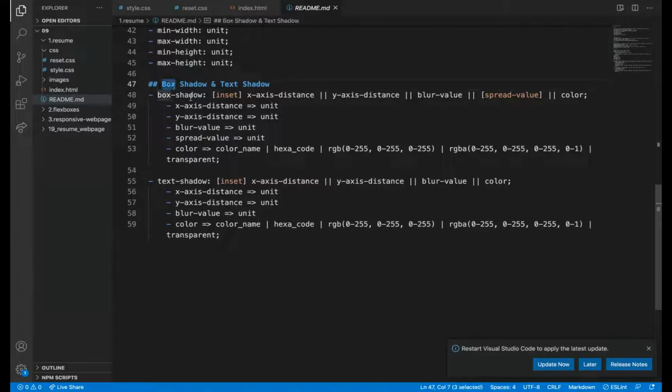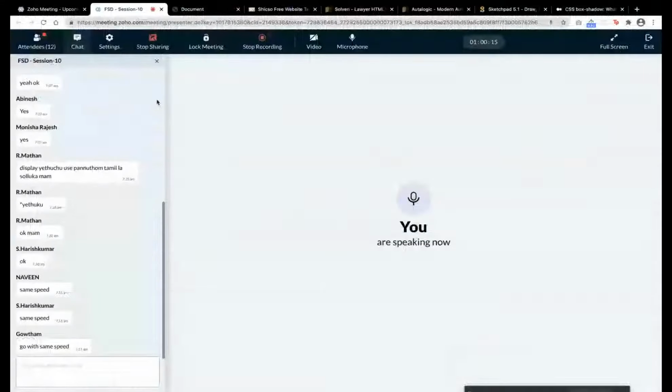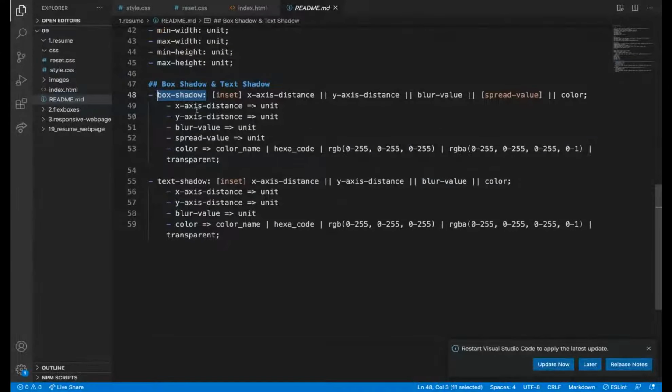There is another property. What I wanted to say is there is a thing called box shadow. What is a shadow? We all know. What is the difference between box shadow and shadow? Generally, a shadow is kind of a reflection of our image.